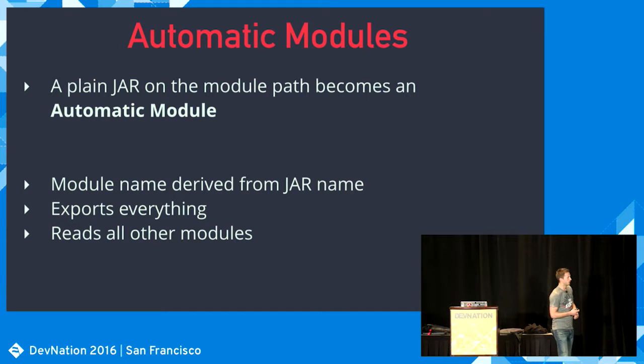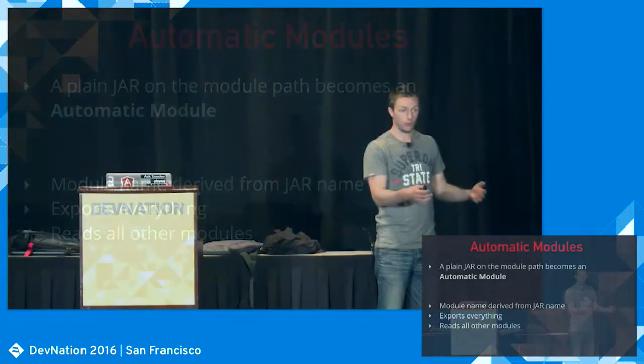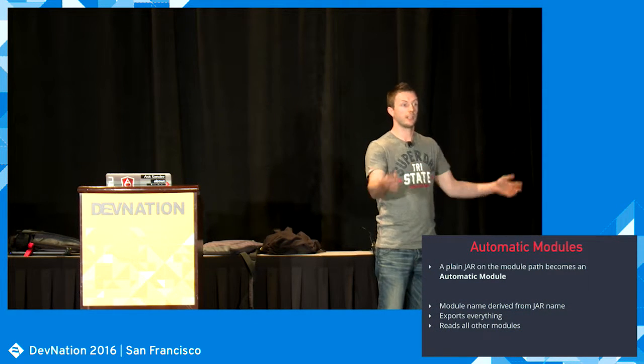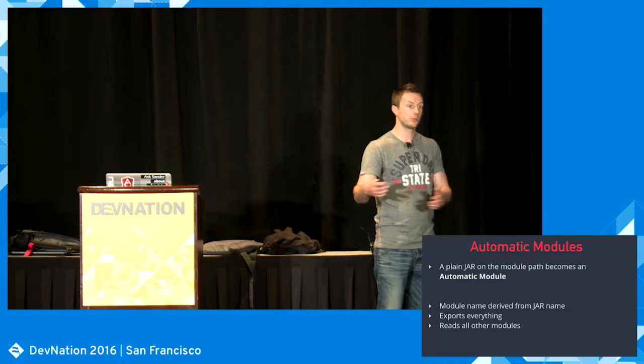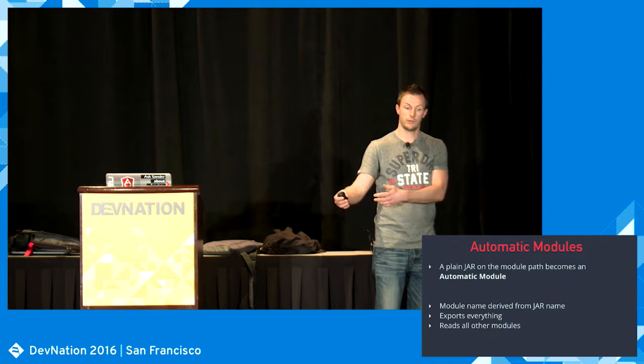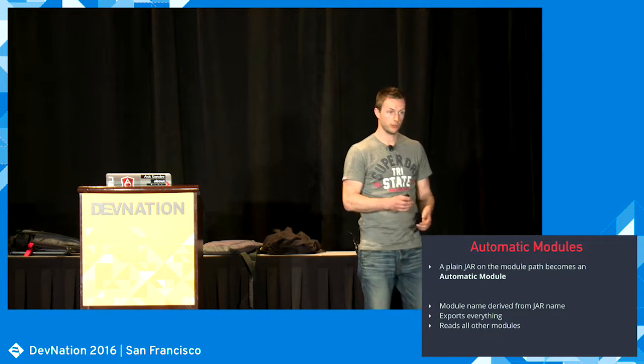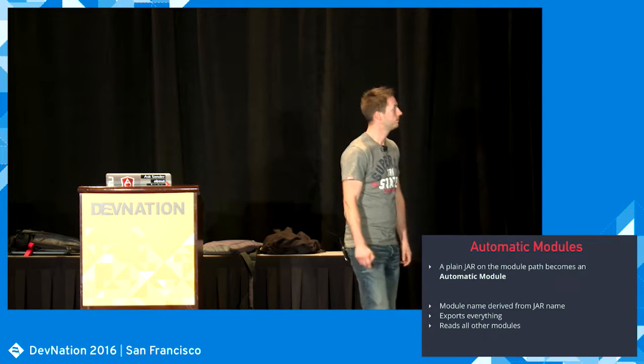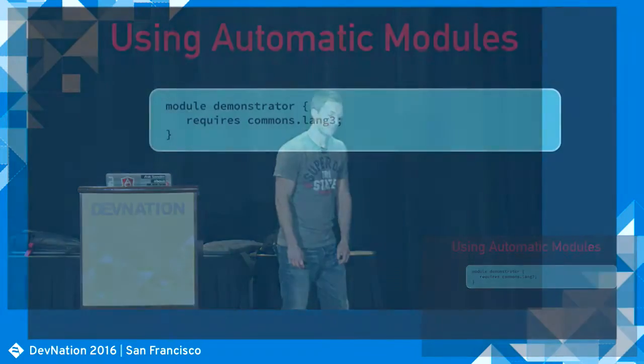Then you might say, well, you just said that you can also read stuff on a class path, but that's not a module, so how does that work? Well, looking at automatic modules, there's an exception to the fact that normally you can't see the class path, and that's in the form that the class path is also actually a module, the unnamed module, which contains everything on a class path. You can't use that from named modules, but you can use that from automatic modules, just as a migration step. All right, so how does that work?